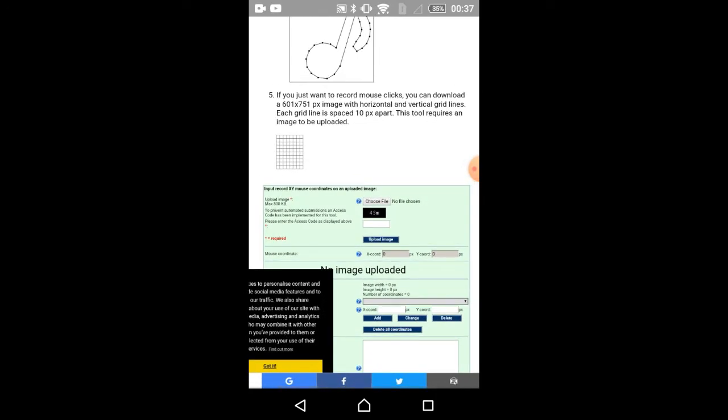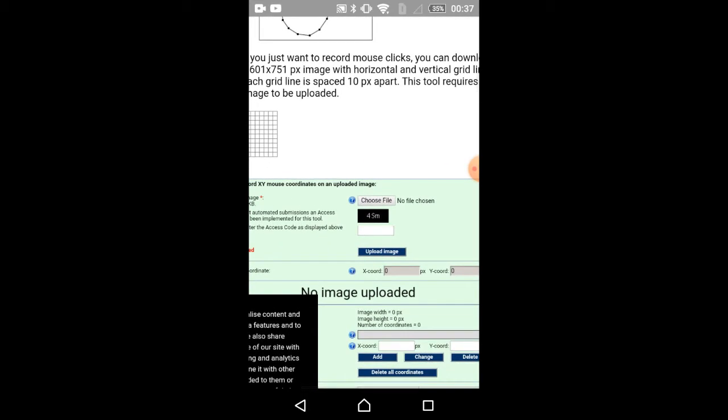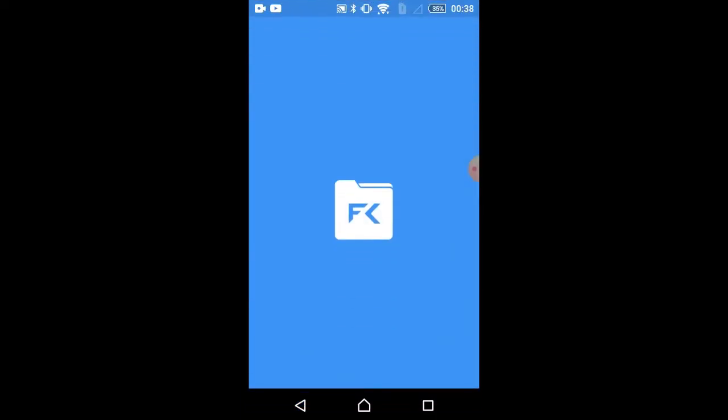One bad thing about this website is that it only accepts images up to 500 KB. It doesn't take more than that. If your image is more than that size, you have to compress it to a lesser size. So just before you upload the image to this website, check in detail the KB size of your image.